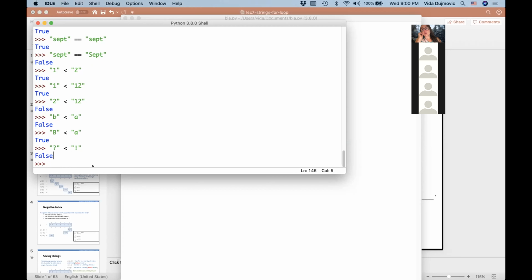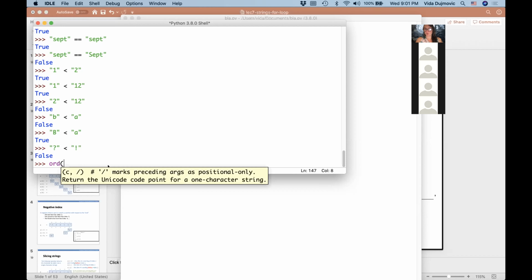Okay, so if you think about all the characters that are on the keyboard, for example, they are all associated with a number, and that number, you can think of it, tells you where you are in this order. There is a function to tell you what that number is. I'm just showing you this so you know that in reality, everything in a computer is represented by numbers, including text, in fact by binary numbers, zeros and ones, but that's kind of on the side, not exactly what you need now. But if you want to know, in a total order of characters, what is the position of a certain character, Python can actually tell you that.